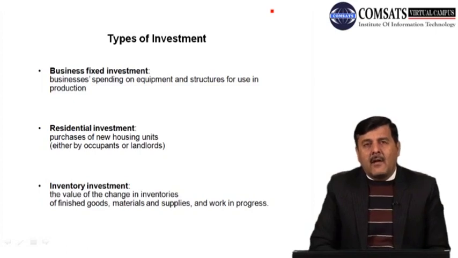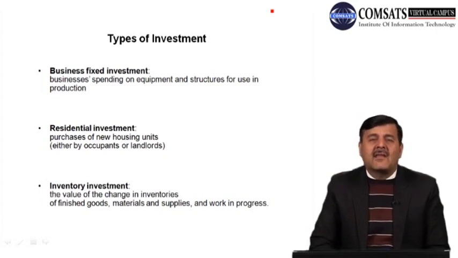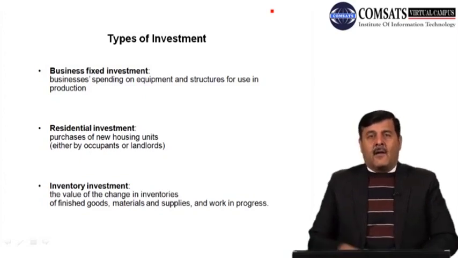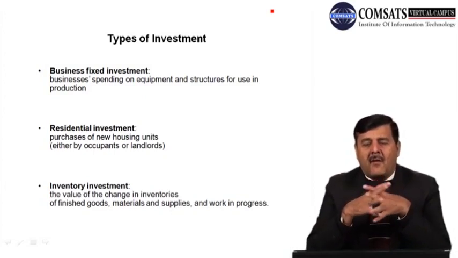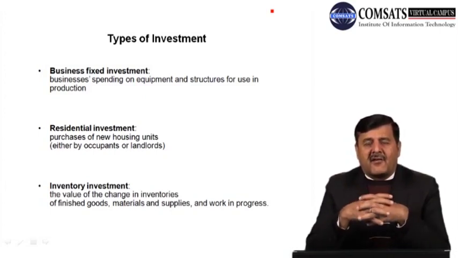of investment. Now there are three main types of investment in each country in an economy. तो तीन तरह की investment होती है. One is the business fixed investment. Now what is that? Business fixed investment is spending on equipment and structures for use in the production process, right? Now the investment in the form of equipment, investment in the form of buildings, investment in the form of structures,